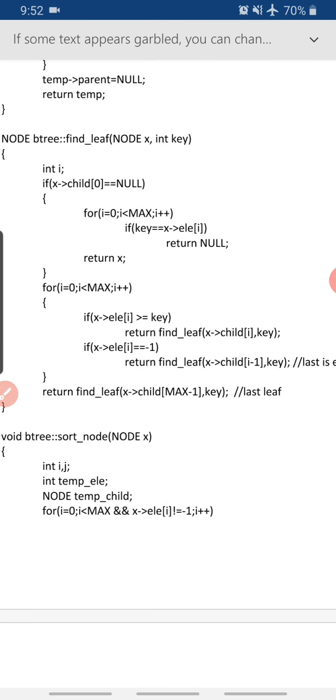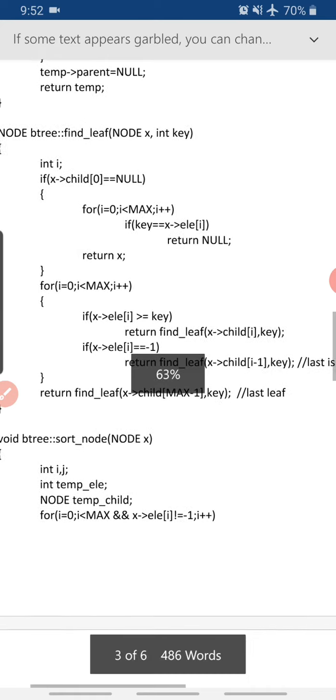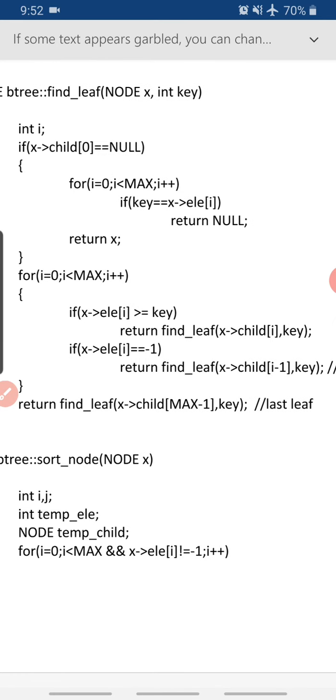Say suppose it's not at the leaf level and this node x is some root node or something like that. Then for all the values in that particular node, we compare the key which we are trying to insert with the 0th element, the first element, the second element, the third element. Our intention is to traverse down the tree to the appropriate structure, and we know it's a binary search tree organization. So if the key is greater than or equal to this particular element, then we have to go to the left only. And if the element is -1, that means there are no further values, so that's the end point of it.